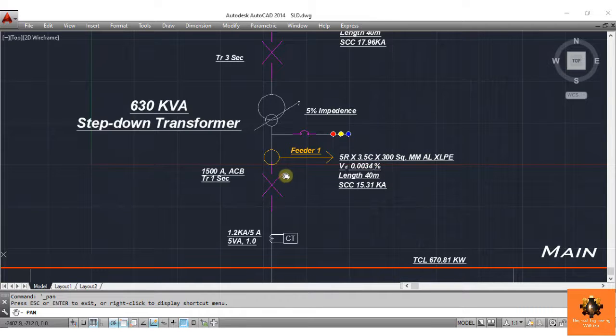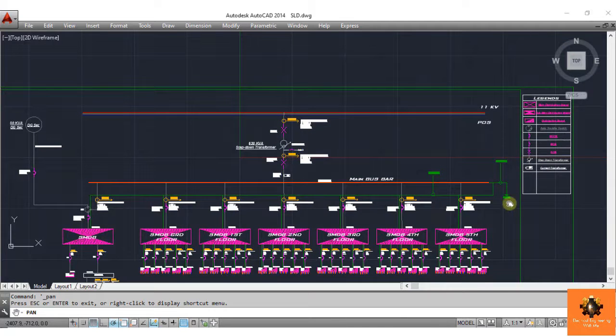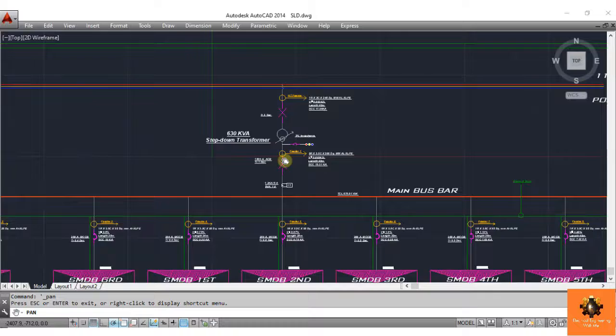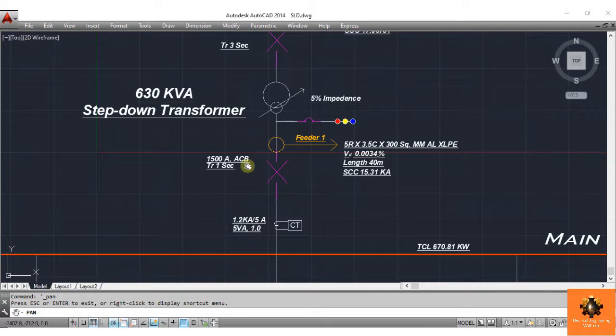After this we have the circuit breaker. This is the main circuit breaker which is used to protect this complete electrical system. This is an air blast circuit breaker with current carrying capacity of 1500 amperes, and the tripping time is set as 1 second. Tripping time of 1 second means if a fault occurs somewhere in a line, then this circuit breaker will trip the system or will stop the power supply from the transformer 1 second after the fault occurs. Okay, is it clear?